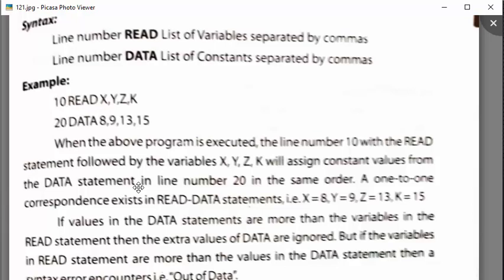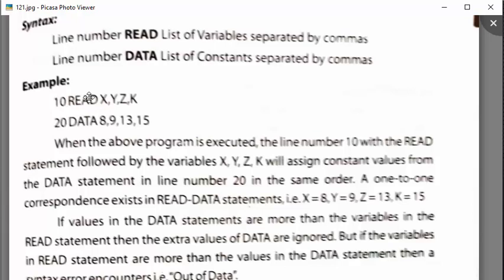A one-to-one correspondence exists in READ and DATA statements, that is X will equal 8, Y will equal 9, Z will equal 13 and K will equal 15. If values in the DATA statement are more than the variables in the READ statement, then the extra values of data are ignored. But if the variables in the READ statement are more than the values in the DATA statement, then a syntax error occurs, that is out of data.